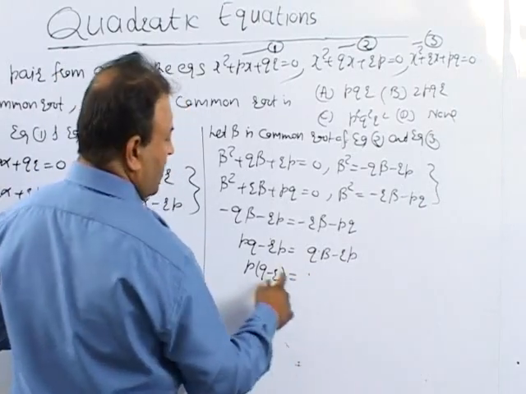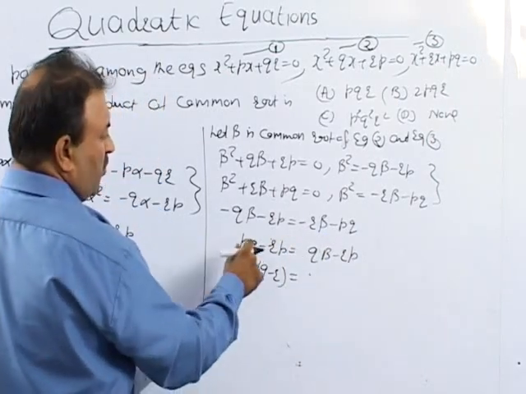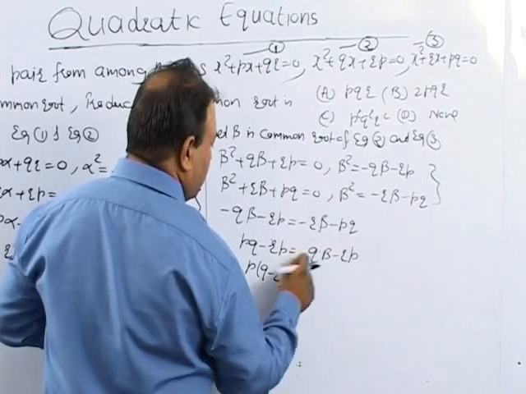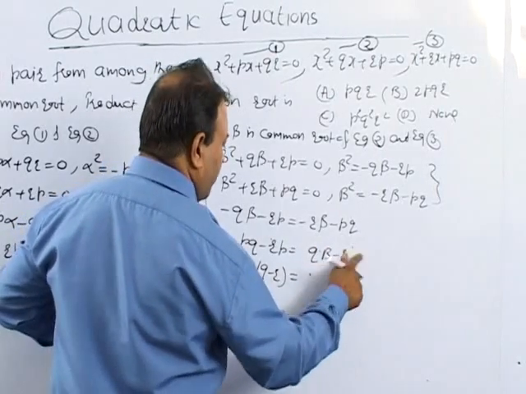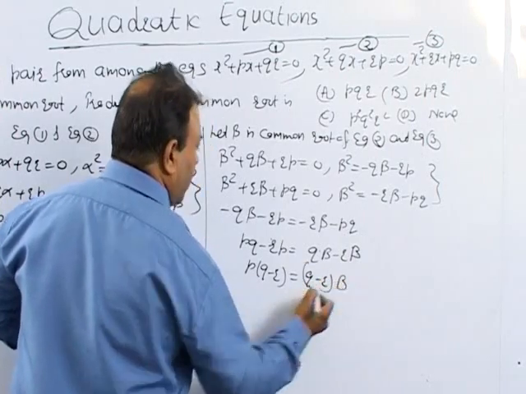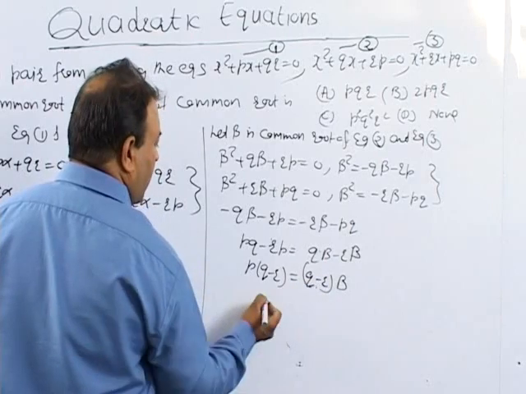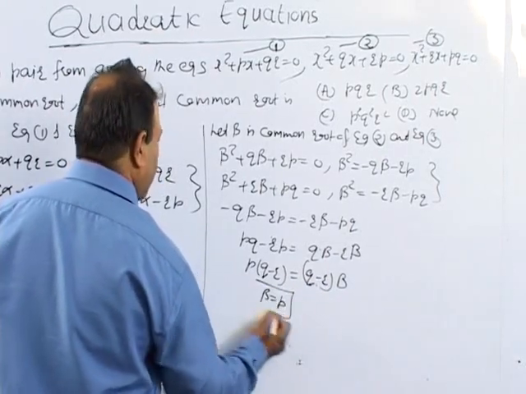It comes out to be, see here we have to see it. Again I think we have made a mistake over here. It should be r beta. It is q beta minus r beta. Now this is q minus r into beta. Now q minus r will be cancelled out with each, and I find out beta is equal to p.